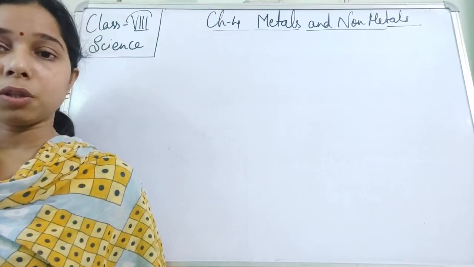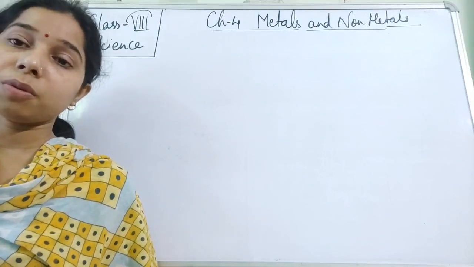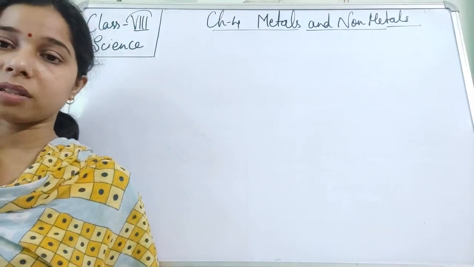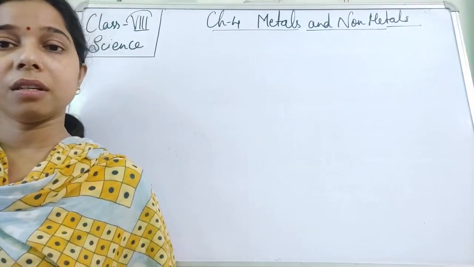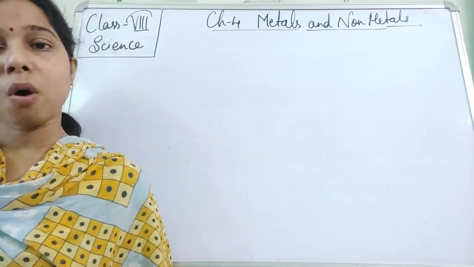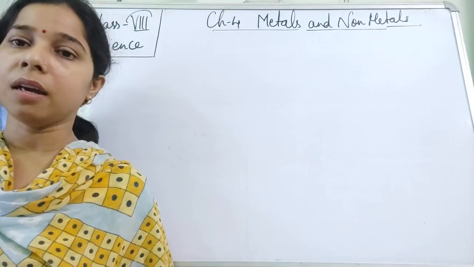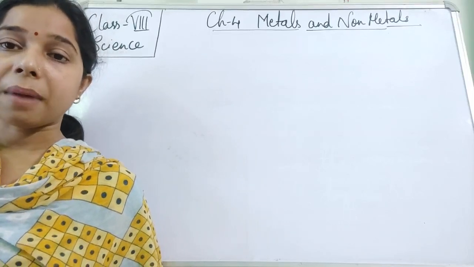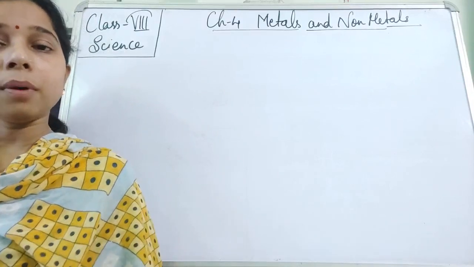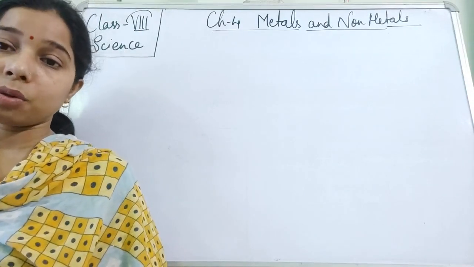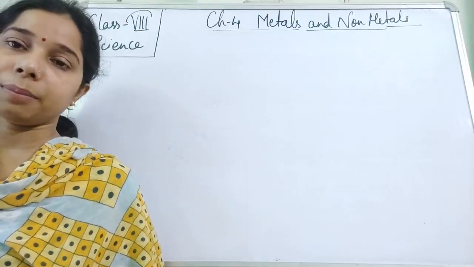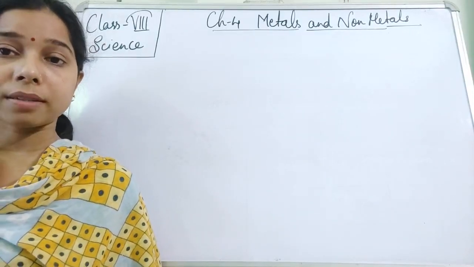Magnesium, we burn it. You know that magnesium ribbon burns with a dazzling flame. So when we burn it in the presence of oxygen, it reacts with it, produces a dazzling flame, and finally magnesium oxide is formed. This magnesium oxide reacts with water to form magnesium hydroxide. What about copper, students? In case of copper, it is the least reactive, so it needs a very high temperature in order to form copper oxide.